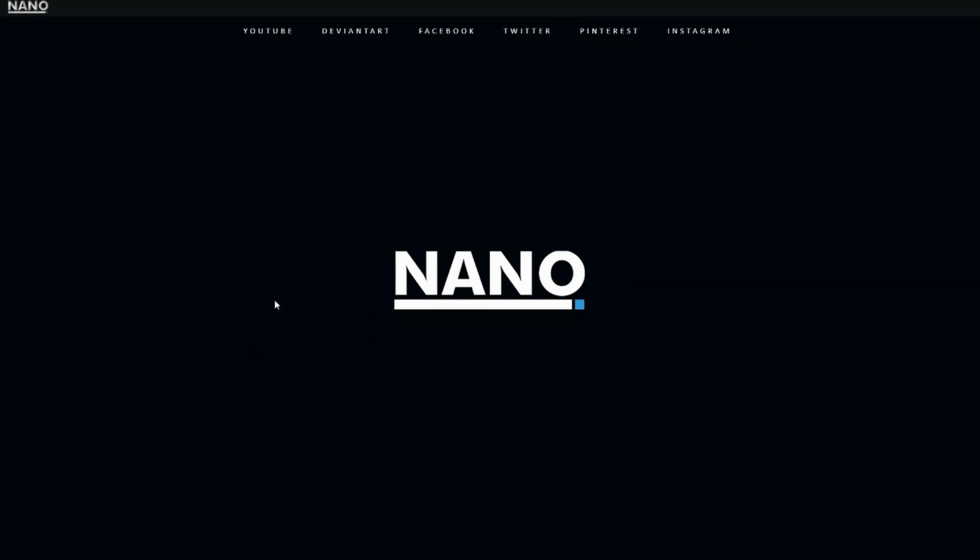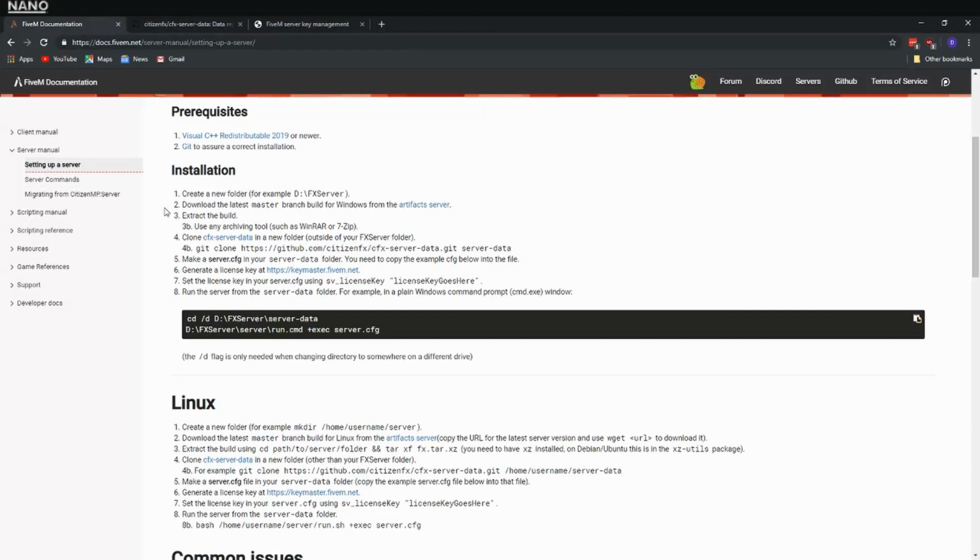Alright, so let's go ahead and get straight into this. So we're going to go here. I come up on their FiveM documents page. This basically tells you exactly how to install a FiveM server, but we're just going to go over the steps with you guys and make sure that we get it down packed and we get the server up and running. Alright, so the first thing you want to do is make a folder,